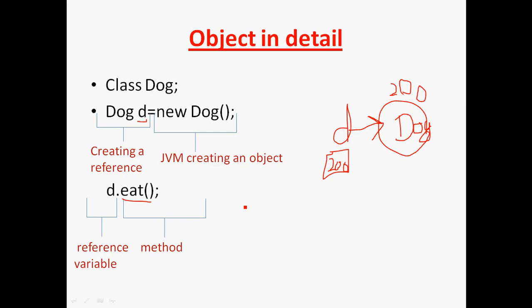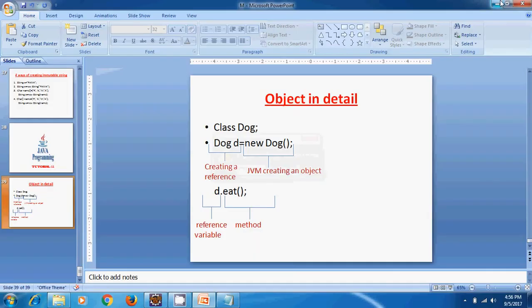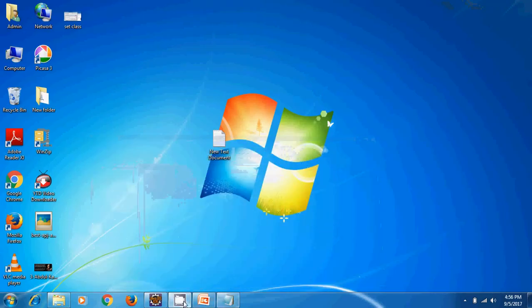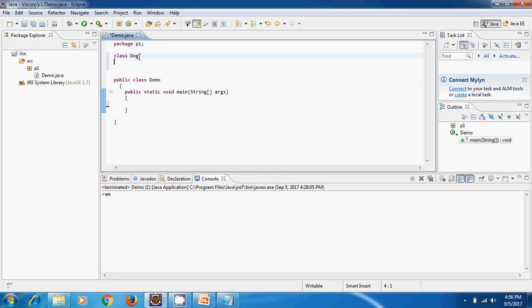I just want to show the implementation. Wait, I'll show you how the whole program works. I will use one Dog class.